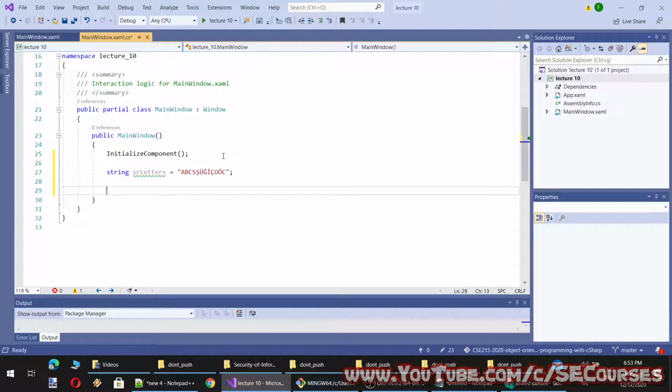Okay, there are several ways of doing this, and let's start with the first case. By default this will use the thread's current culture. Okay, so before doing that, let's see what is the current culture.